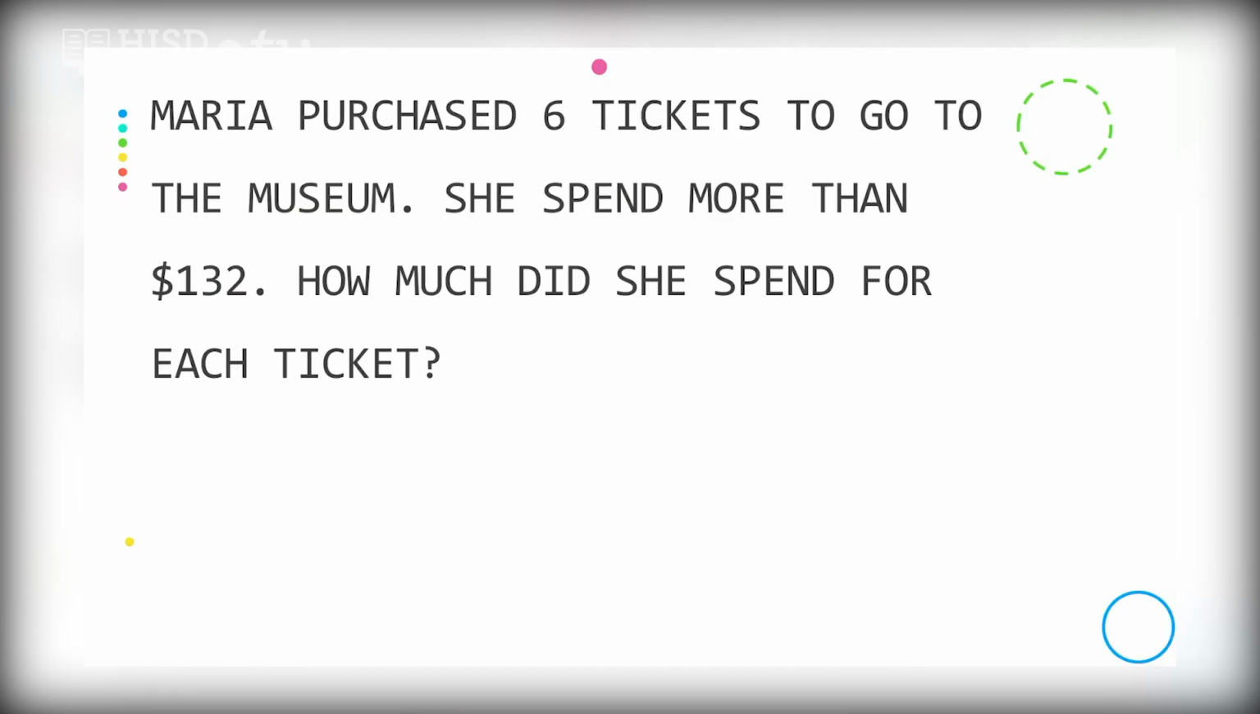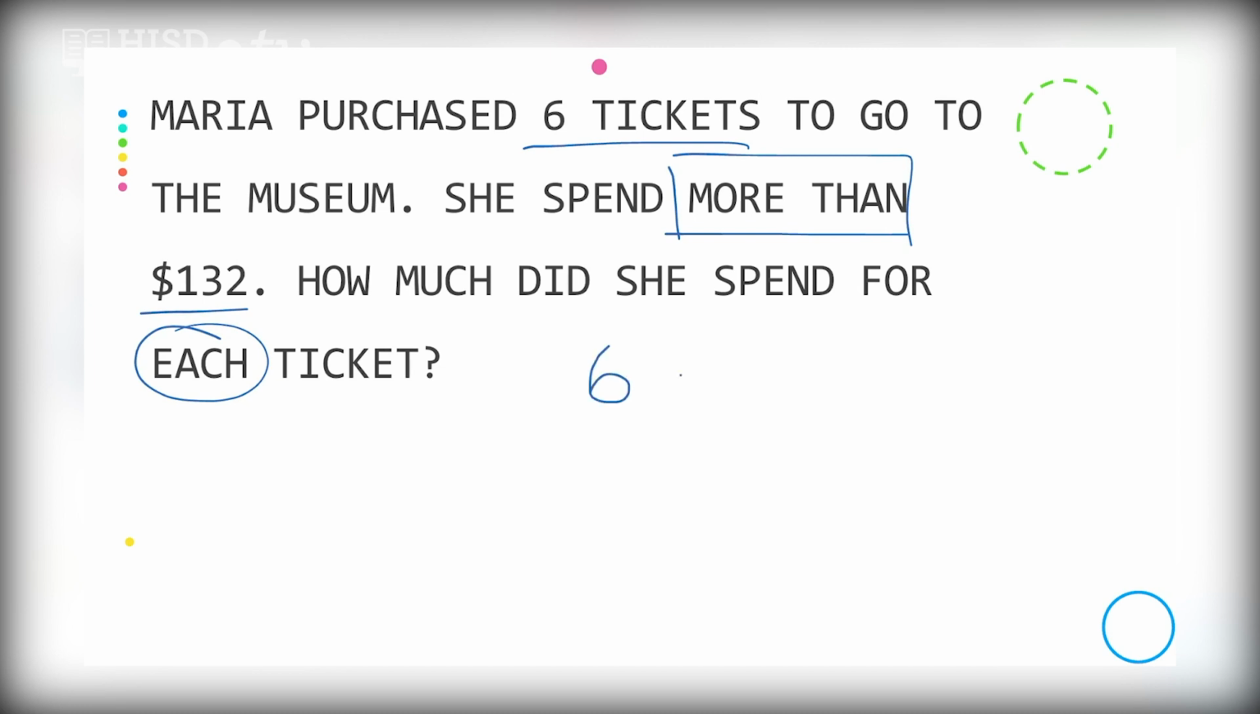The next problem says Maria purchased 6 tickets to go to the museum. She spent more than $132. How much did she spend for each ticket? So in order for us to start this inequality, we're going to start with the 6 tickets that she purchased, which we don't know yet how much she spent for each one. So I'm just going to represent that price with an x. And then the symbol for more than is going to be greater than, and then on the other side, the total amount spent, which was